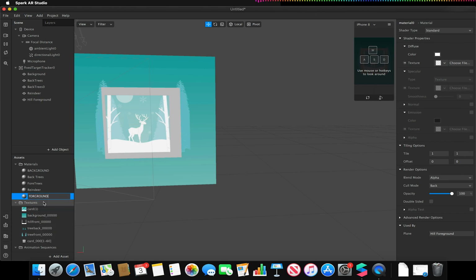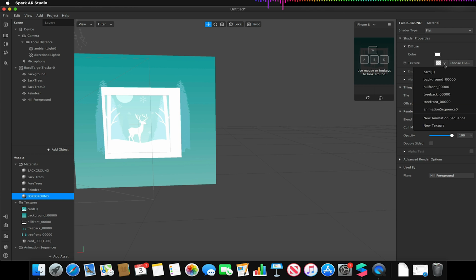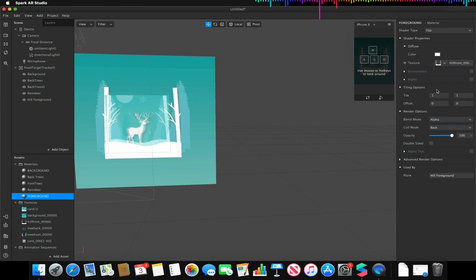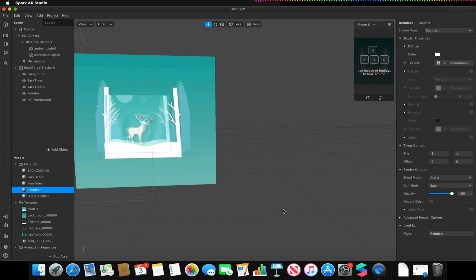New material is going to be foreground. And I'll fix that spelling, that does wind me up. There we go. Change it slightly, change it to actually flat. Choose it to be my hill front. Again, turning on alpha test,